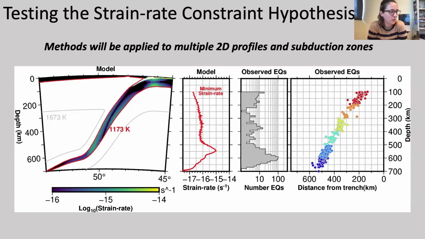And so I think it'll be really important to do these multiple 2D profiles across the slab to try to get at the 3D picture, and we might see something more clear pop out, because the earthquakes are occurring in 3D space, but I am only modeling 2D space here. But I don't think it has to do with the static method itself. I think it has to do with the observational modeling limitations.